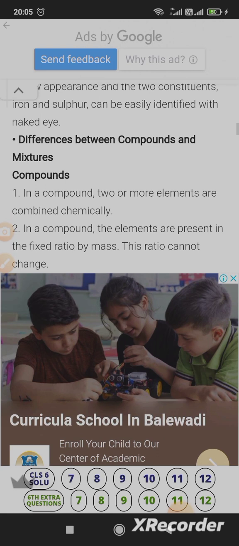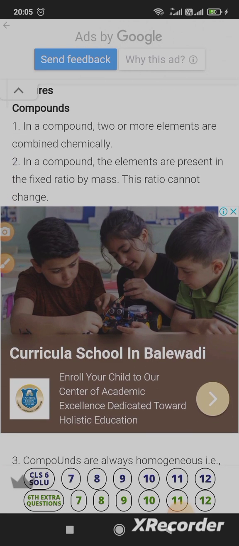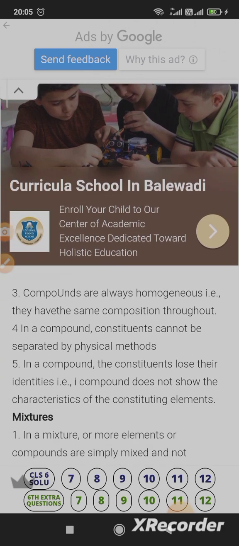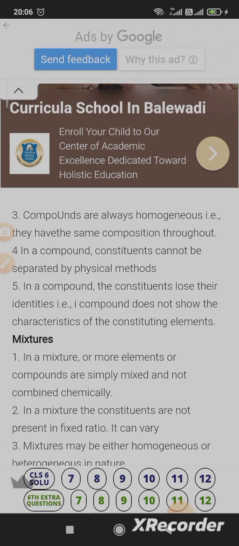Difference between compound and mixture. In a compound, two or more elements are combined chemically. The elements are present in a fixed ratio by mass. This ratio cannot be changed. Compounds are always homogeneous, that is, they have the same composition throughout. In a compound, constituents cannot be separated by physical methods. Constituents lose their identities, that is, a compound doesn't show the characteristics of